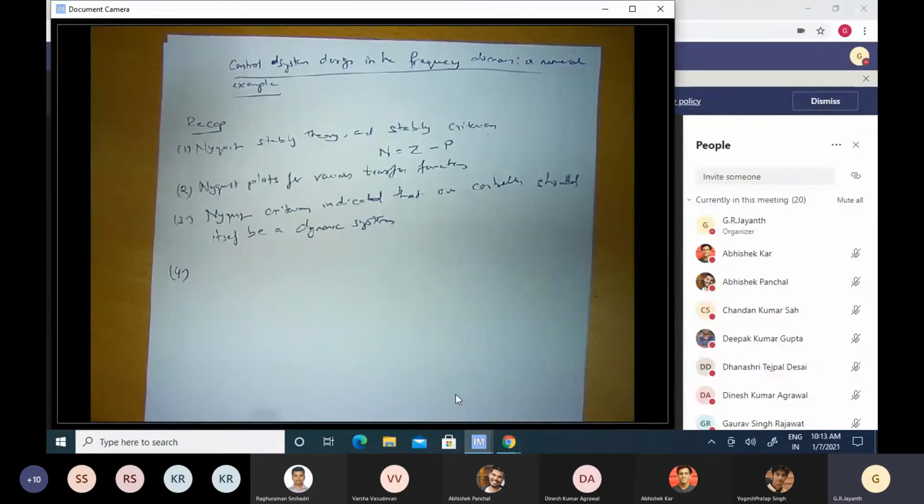The second problem was that I am not satisfied with simply drawing the Nyquist plot of a particular plant. What I need to do is actually draw the Nyquist plot of the product of the plant and the controller. So if the controller was a simple proportionality controller, there would be no problems because I just need to draw the plant alone and then I can scale up that Nyquist plot to get the Nyquist plot of the controller times the plant. But we decided just now that we are not going to go with a static controller. We are not going to go with a simple proportionality gain. We are going to have a frequency dependent amplifier, right?